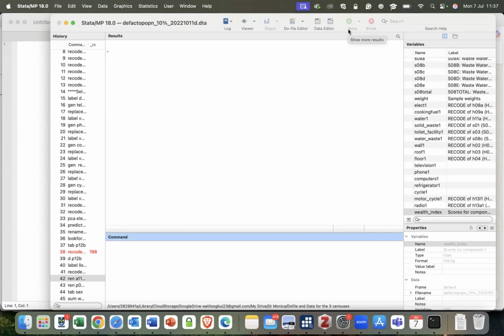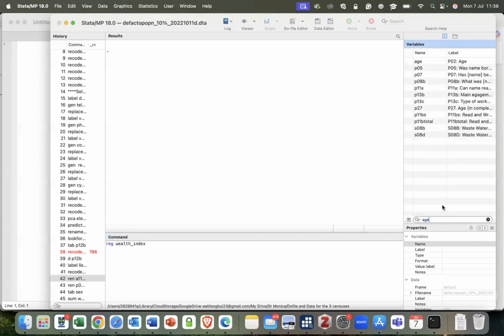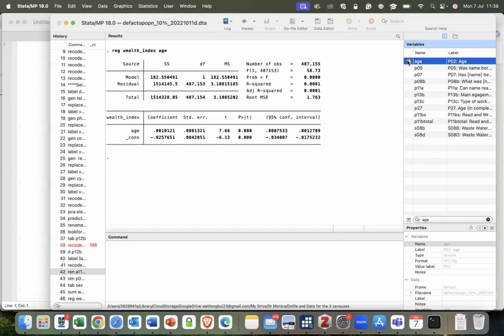So first, we're going to conduct a simple regression of wealth status on the continuous variable age here. To run that regression, you type reg, then wealth index as your dependent variable followed by age. So you search for age here. Okay, so age. There you have it. So you have a simple regression here of wealth status or wealth index and age as